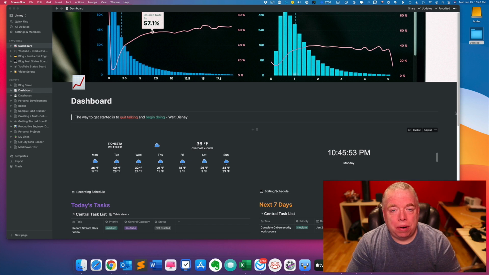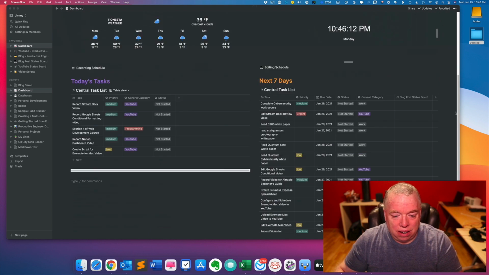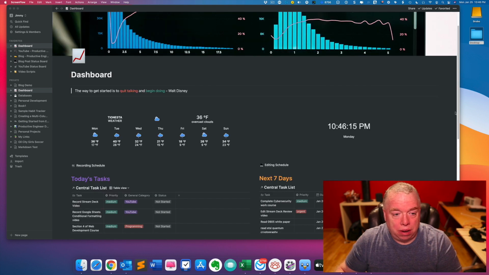Hi, this is Jimmy from The Productive Engineer, and this on my screen is my dashboard in Notion. And today I'm going to show you how to build a dashboard just like this in this video. I'm actually going to recreate this dashboard that you see in front of you step by step. It includes widgets, it includes a bunch of different linked databases, and I use it to track basically my YouTube